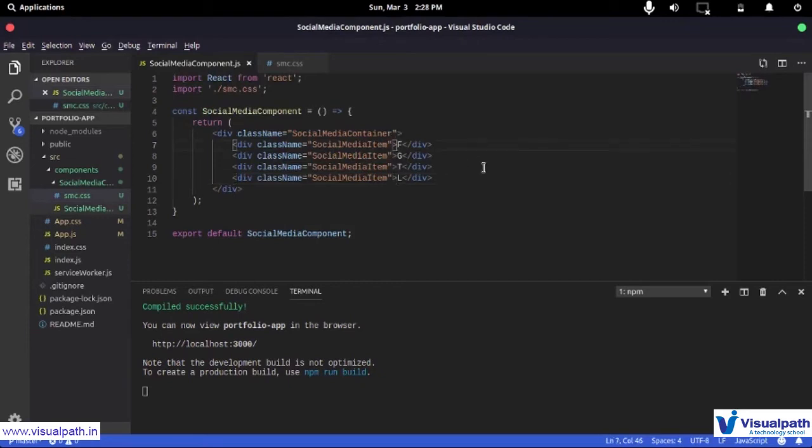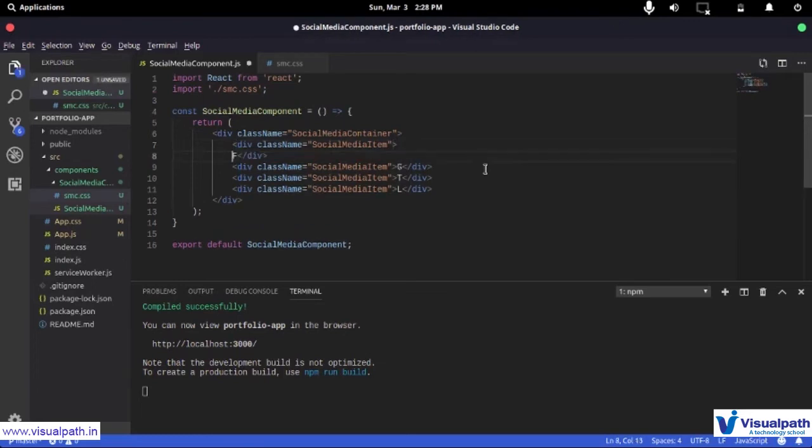Now the behavior we want is for this unit to be a link, so that somebody can click on this and be redirected to a different website. How do you create links? You use the anchor tag, and that's what I'm going to do here.